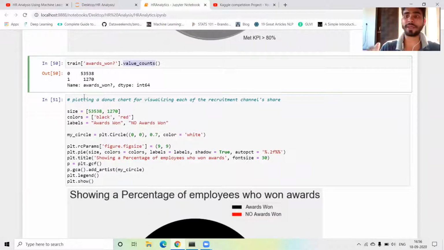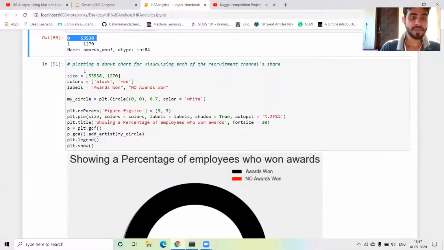If you work in any organization, and in your data science team only 12 members are there, then approximately one or two members are promoted, depending on performance. So fewer people are promoted and more people are not promoted.